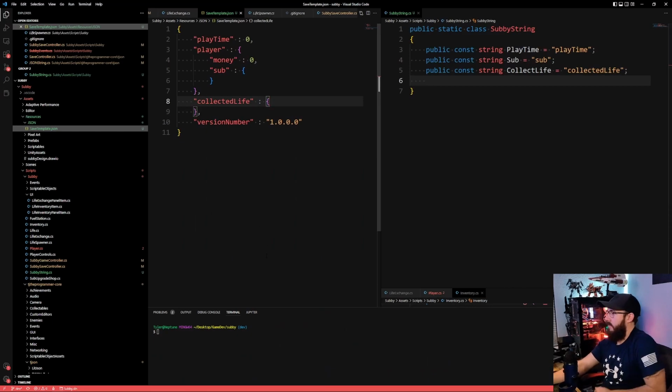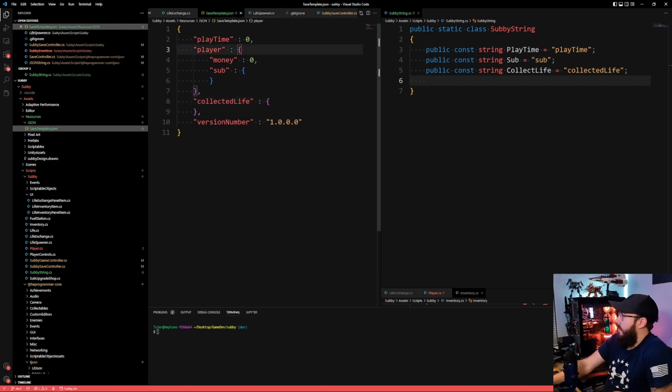So another small update here. We've got a save template now. This is kind of what the save template's going to look like. We've got our playtime, the player. On the player, we've got money, and then what we'll have the sub upgrades. We're going to keep track of what life has been collected just because we can, and the version number of